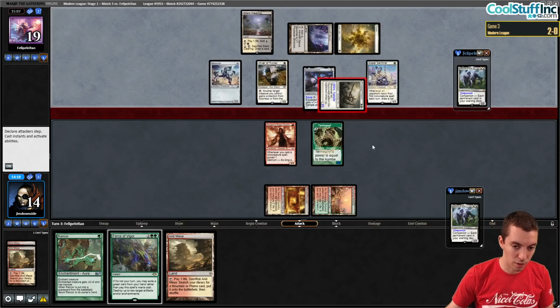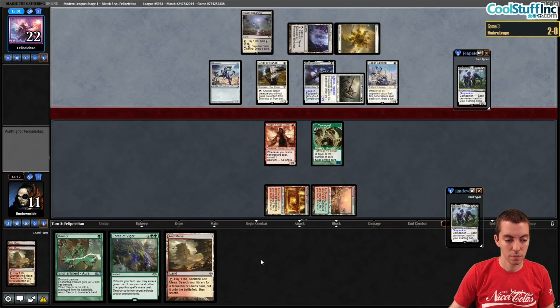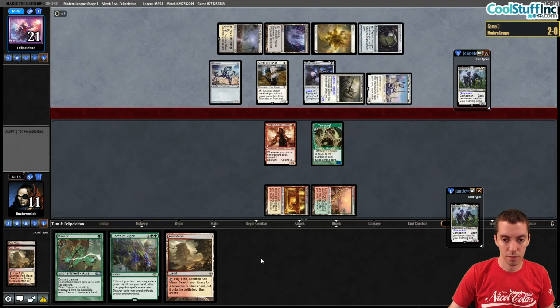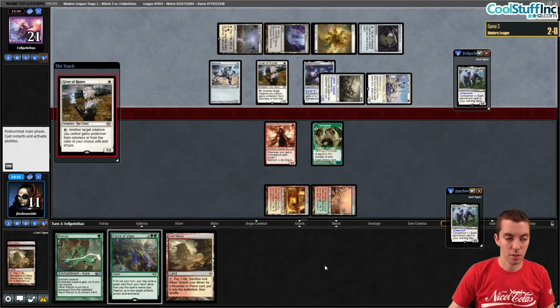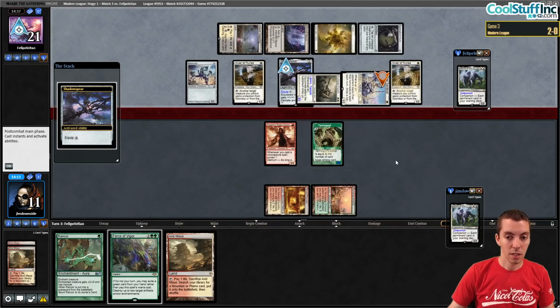I don't want to do that. I don't think that's good enough. I'm just going to take this. Pay a white. Okay. I mean, oh, they have more stuff. And the last card is another Giver of Runes. All right. I mean, they obviously have dumped their entire hand on turn 3, but haven't done anything that devastating. So